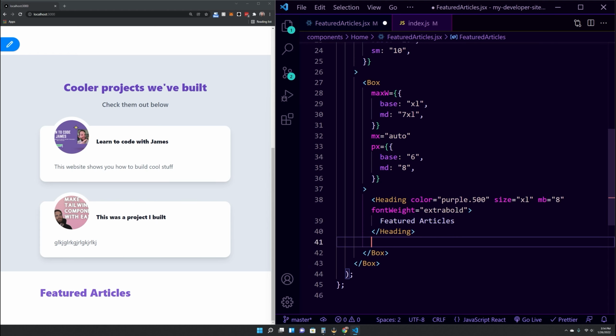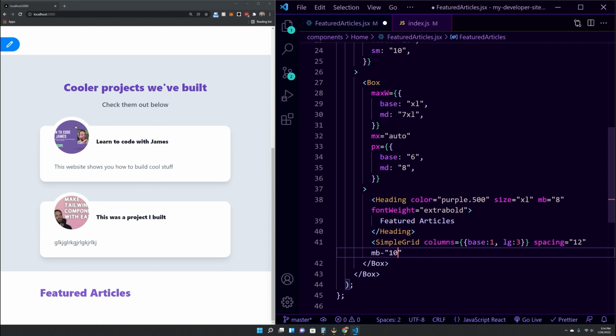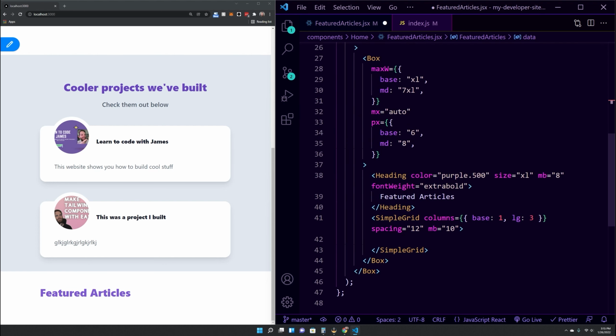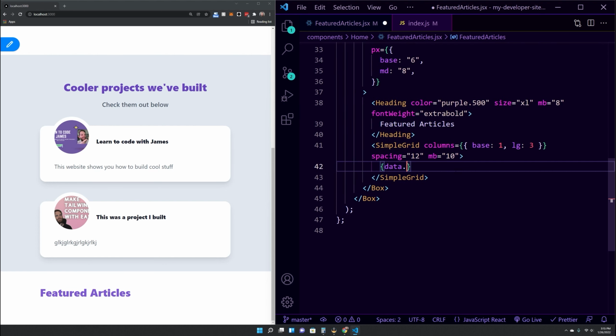So now we have that. All we need to do is create another SimpleGrid, just like we did before, setting our columns to the same idea. So base is 1 and large will be 3. Spacing is 12 and margin at the bottom of 10. So now we have that. We can now use this data to iterate through. So we do